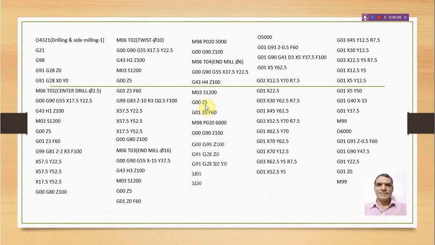Finally, simply giving some speed, 1200 rpm, and bring down the cutter up to 0 level, simply calling the subprogram 20 times. We are repeating the cycle. This is the subprogram number. Here 5000 for side milling operation, 6000 for slot milling. And then bring the cutter up, go back to reference point, switching off the spindle, put M30, the program end